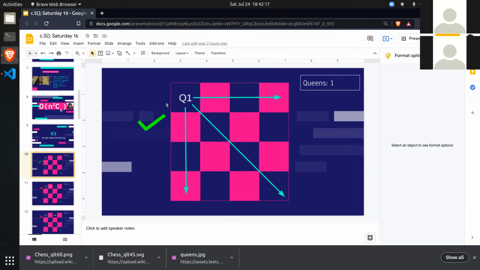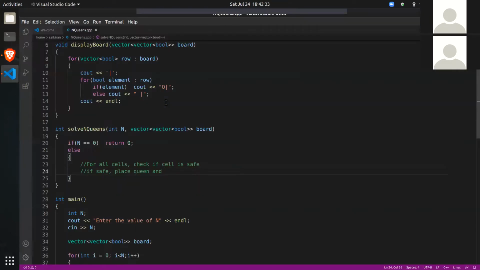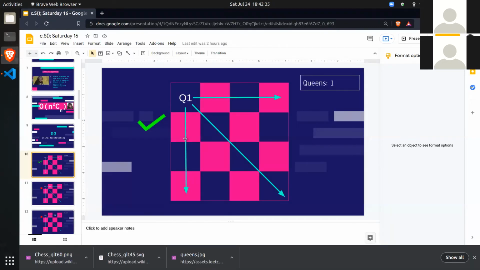And this is where recursion comes in, because placing 3 queens on a board is similar to placing 4 queens on this board. The obstacles may be there, but it's not a different problem. It is the same problem. This is an important point to realize, and this is why we use recursion and backtracking here.